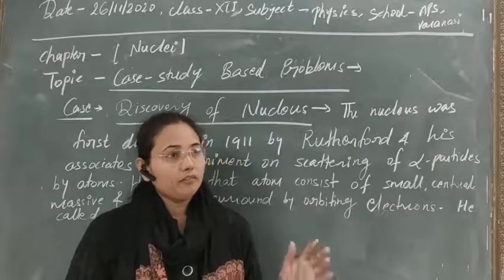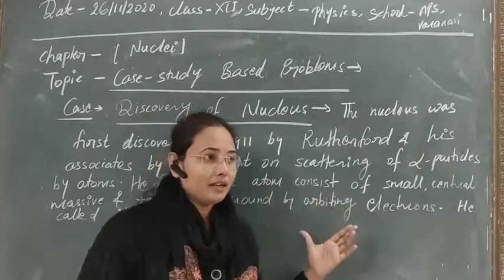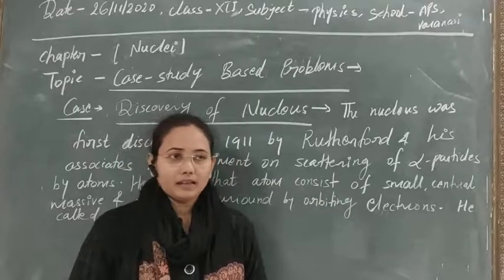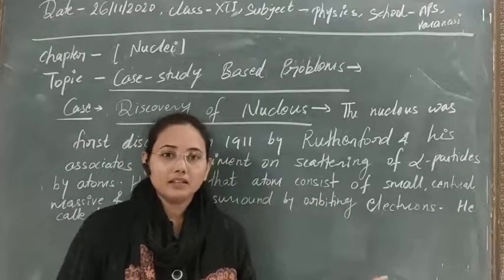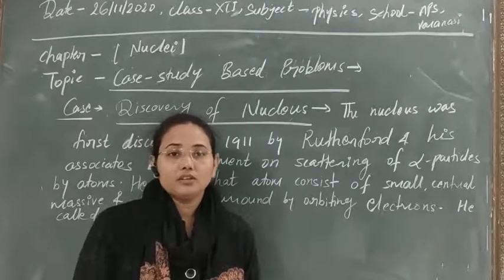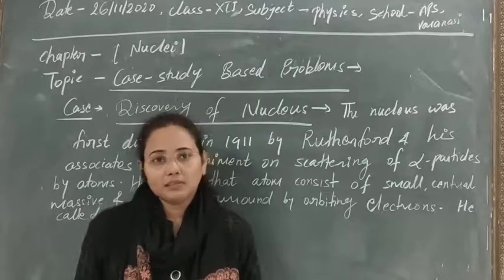But the problem was also the problem of existence. As you know, if electrons are continuously radiating their energy, then after some time they will fall into the nucleus, and obviously in the nucleus there are positive charge carriers, so they will neutralize and fall. Ultimately the existence of the atom would be lost.